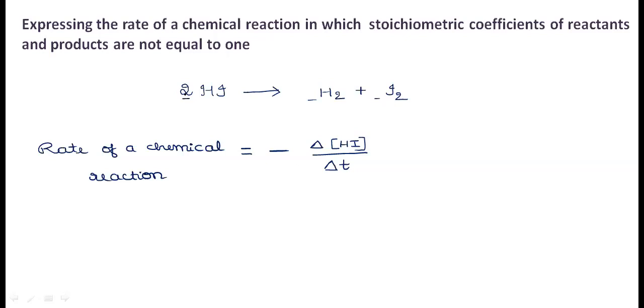If it is not equal to 1, either it is less than 1 in the form of fraction or greater than 1, then there is a need to include the stoichiometric coefficient in the rate equation form or in the expression of rate. Now here what we need to do is that we need to consider 1 divided by whatever the stoichiometric value is there, that is taken in the denominator. It is 1 by 2. Now this is with respect to the reactant species. So we need to take 1 divided by the stoichiometric coefficient.